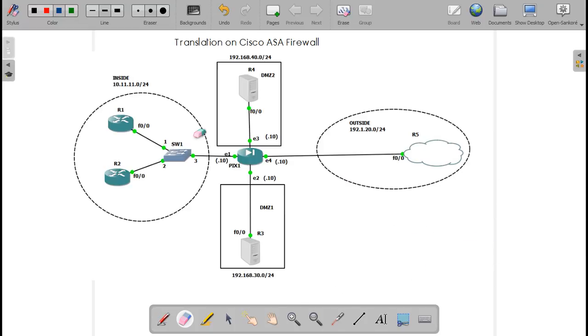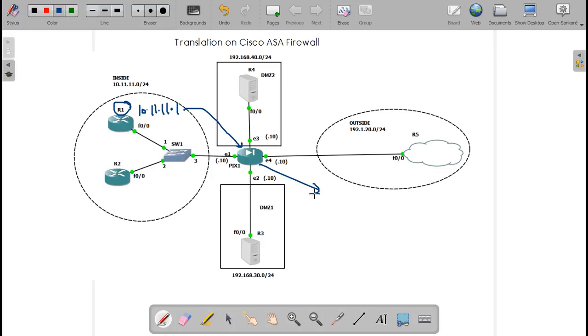So for this reason, you need something that translates your packets to public IPs when they are going out on the internet. That's where you need translation. What you're going to do is, R1's IP, which is a private IP 10.x, will come to the firewall.